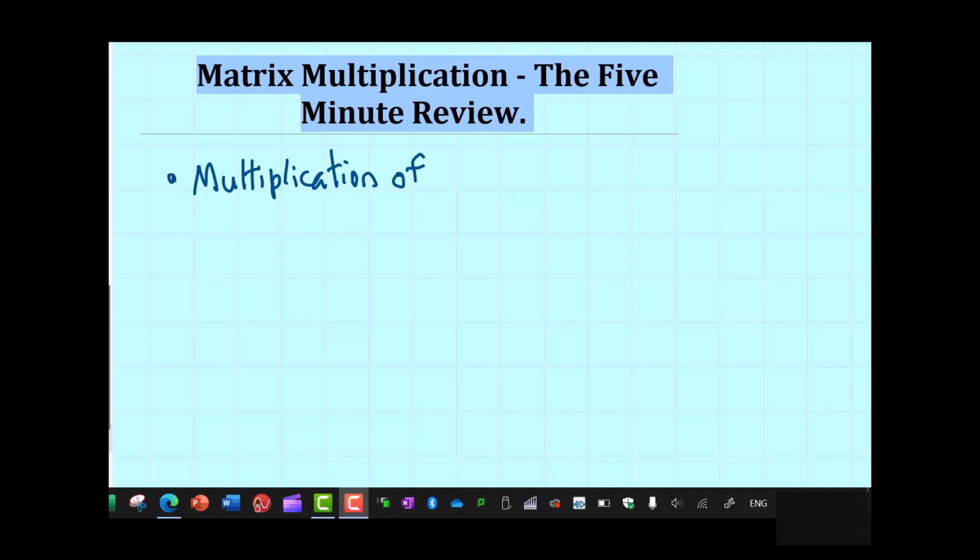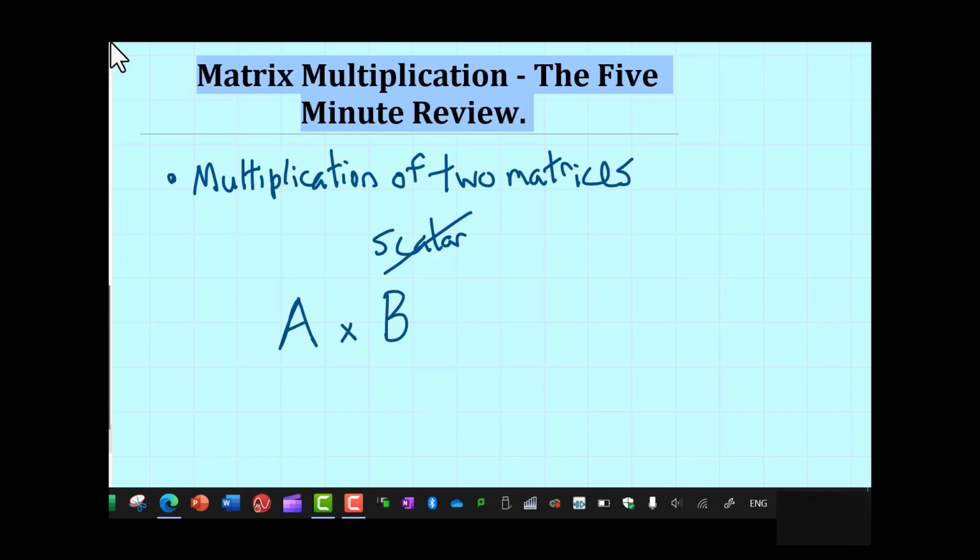Okay, we're going to do a quick review of the multiplication of matrices. Now, we're talking about the multiplication of two matrices. This is not a scalar multiplication, scalar being a real number. We're doing two matrices, and we are looking at situations where we have matrix A multiplied by matrix B,